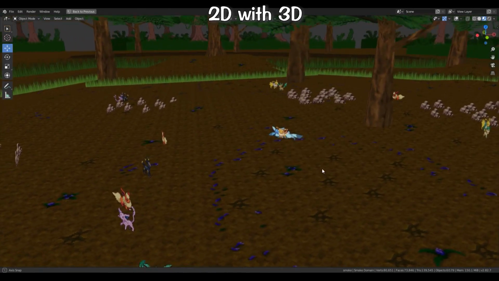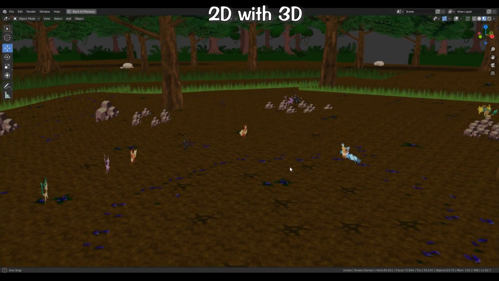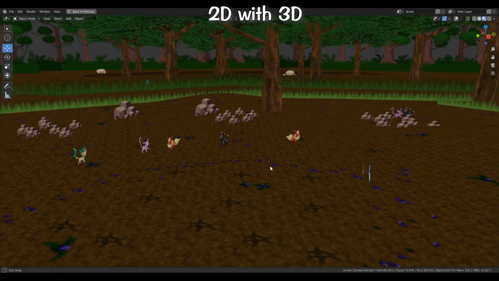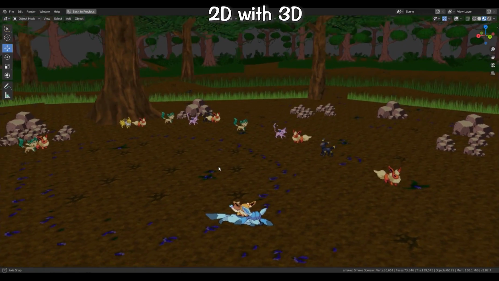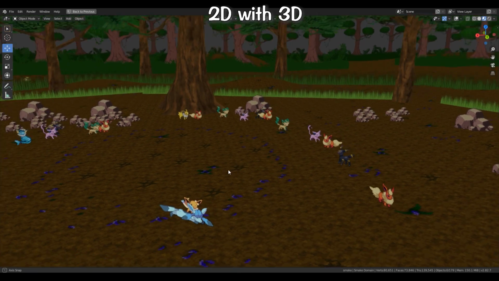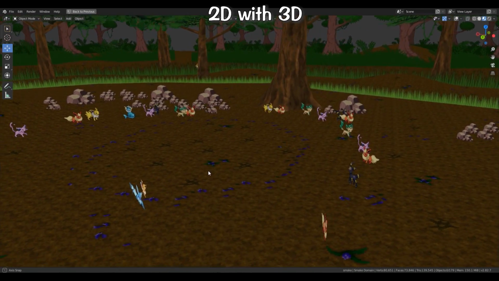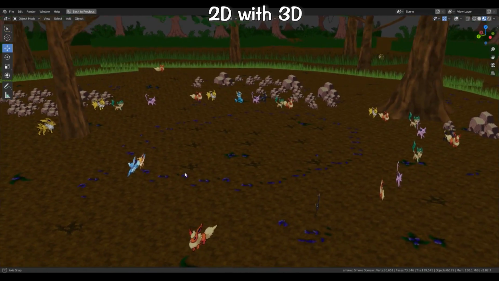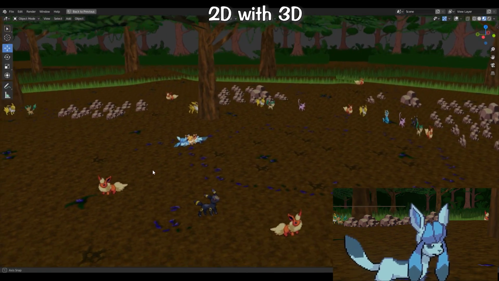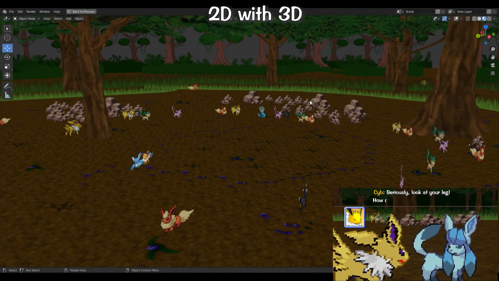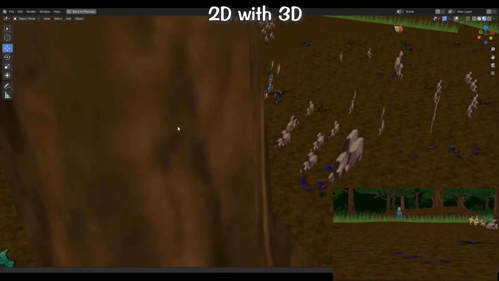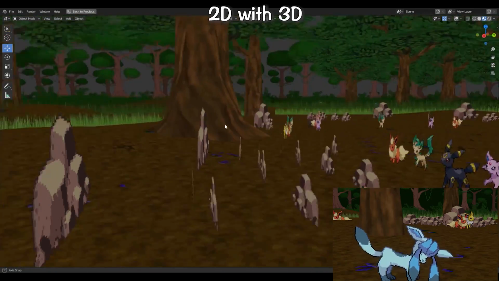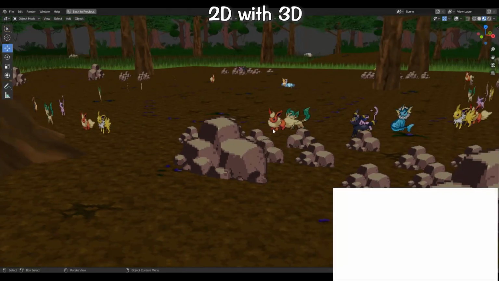The bonus episode of Pataphone's Live in Pokemon has actually been made in Blender for all the EV battles. This has been made in a 3D environment using 2D sprites. If we look at the rocks, all of the rocks are actually just 2D planes which are facing the camera.